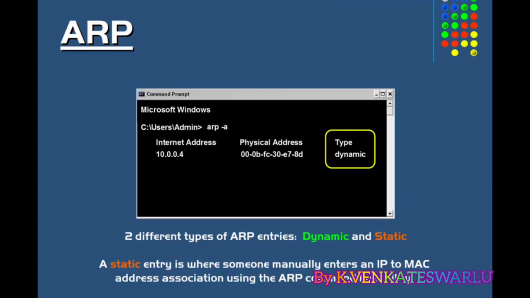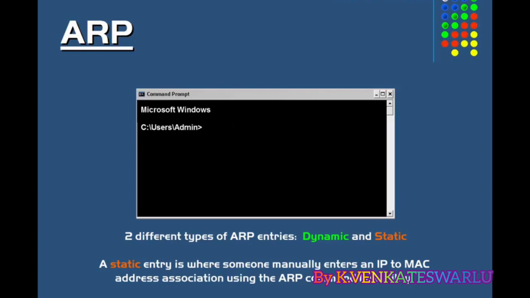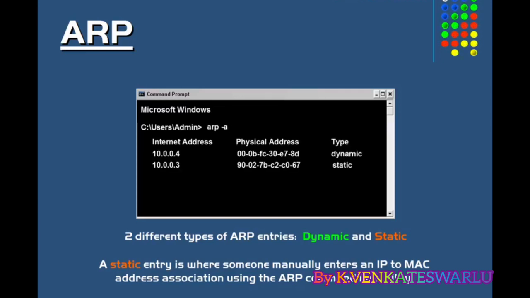And a static entry is where someone manually enters an IP address to MAC address association using the ARP command line utility. So for example, let's create a static ARP entry. So at a command prompt, you would type arp -s and then the IP address followed by the MAC address. So now if we look at the ARP cache again, we would see our static ARP entry. Network administrator